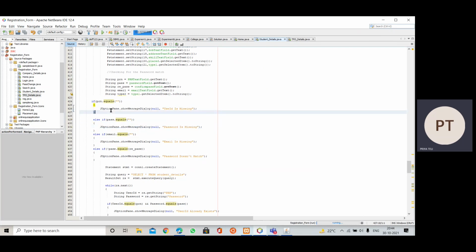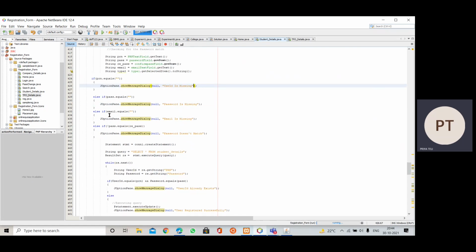For that purpose, we have used the JOptionPane showMessageDialog method. Inside that we pass two arguments, the first is null. Here we provide an object, so if we don't want to pass one, we use null here, null comma user ID is missing. This message will be displayed.